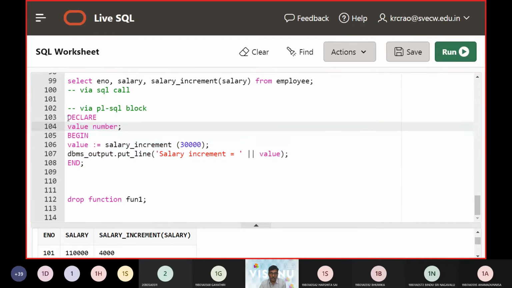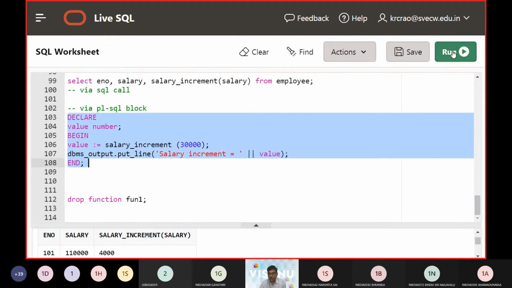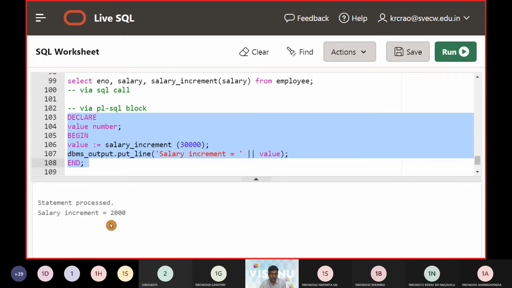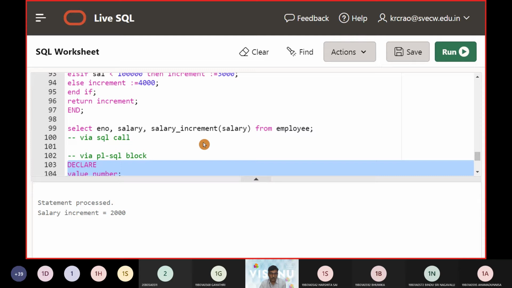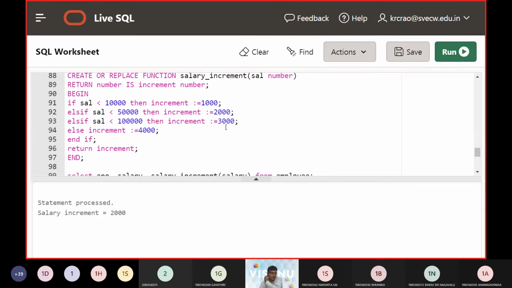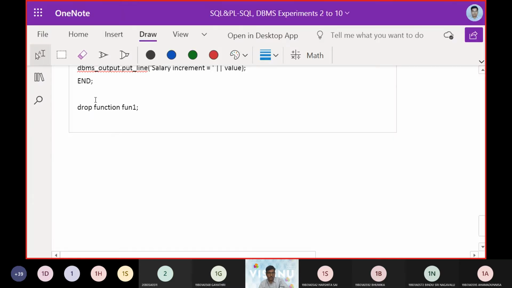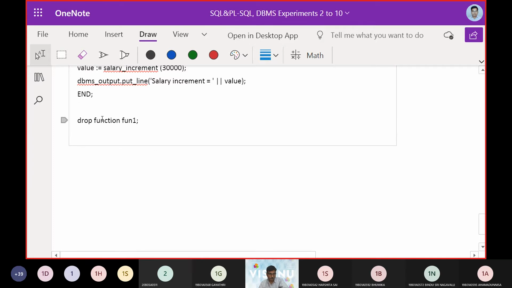Just check how this is going to execute. Now you can see the process salary is 30,000. If it is 30,000, which is less than 50,000, you should get an increment of 2,000. That's the reason why the statement is displaying 2,000 as the content.